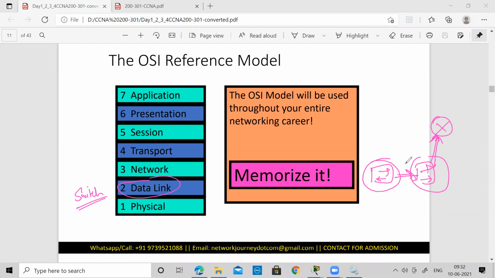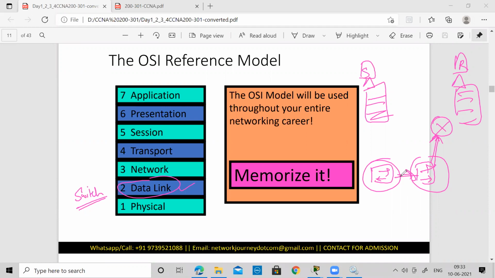So node to node, when they are going, that error detection capability is also performed by your data link layer. But end to end, that means from one system to the other, from the sender to the receiver, where all 7 layers of the model are there, the error detection is done for your actual user data. Detection as well as correction capability is there in the transport layer. However, node to node error detection is given by your data link layer. Also the flow control, at what pace you should send the data, is taken up by your data link layer. So MAC addressing, intra-network communication, error detection, as well as who is going to access the shared medium.